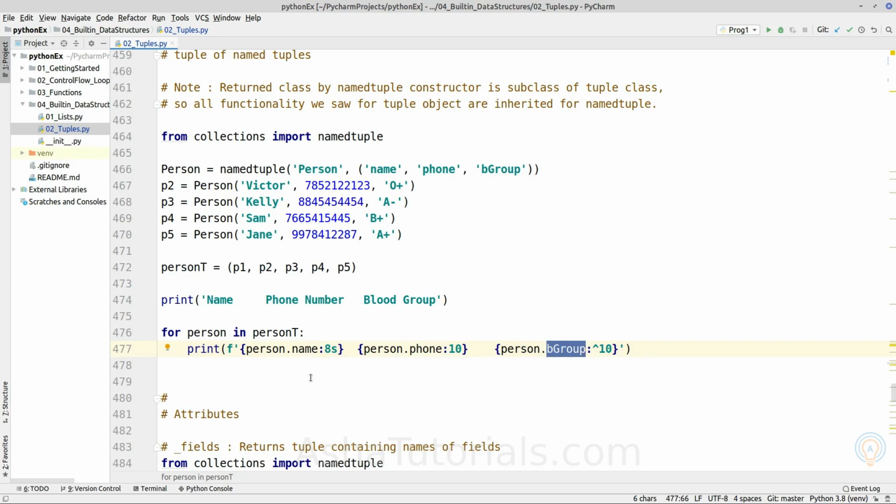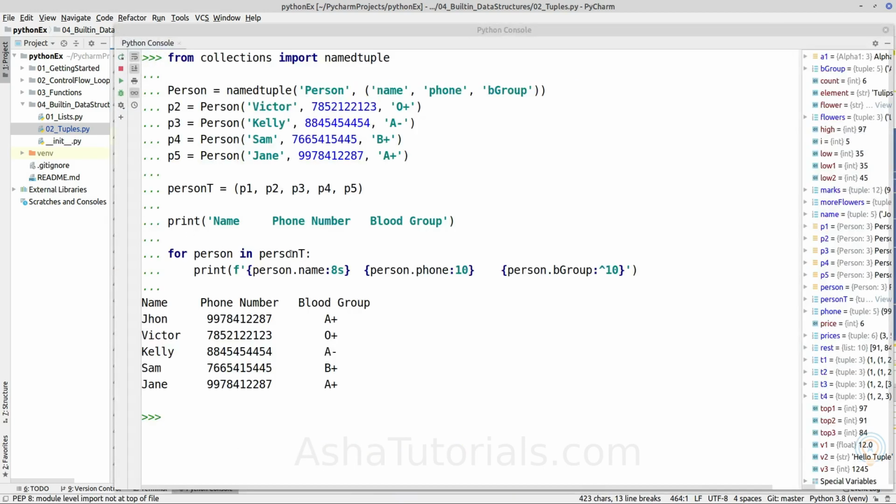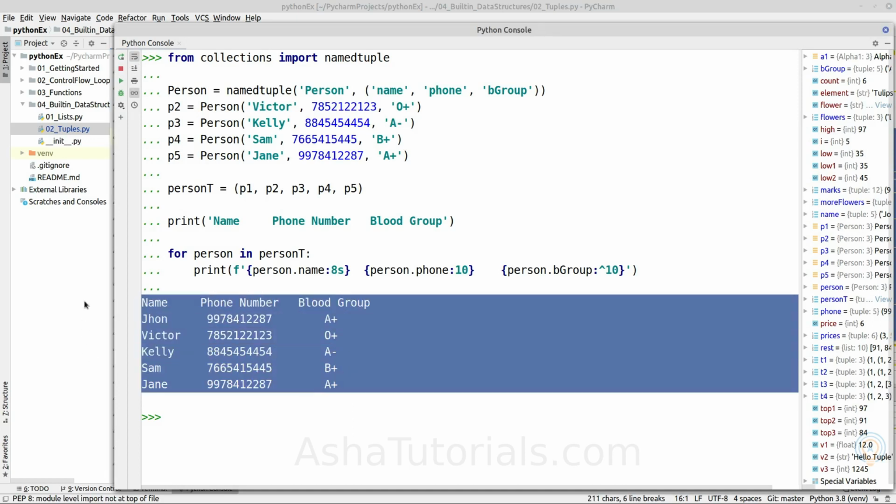We are printing the element values, accessing them using field names. As we can see, we are able to print the data of all persons which are stored inside the single tuple object.